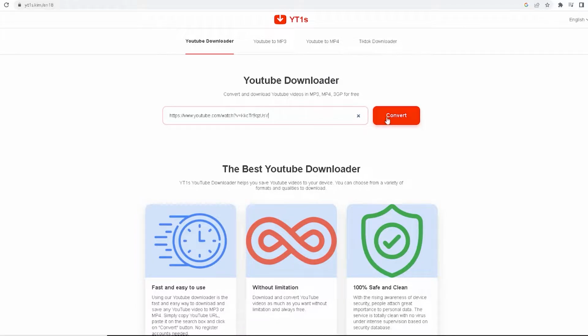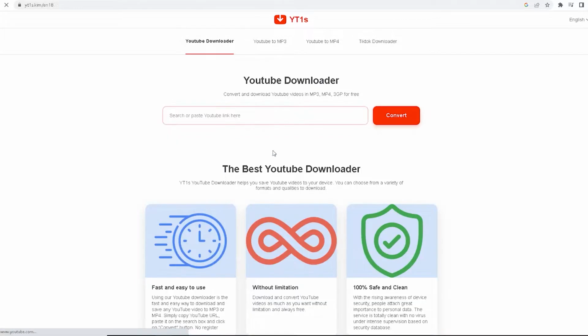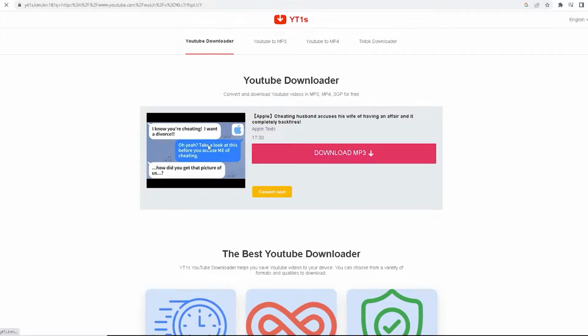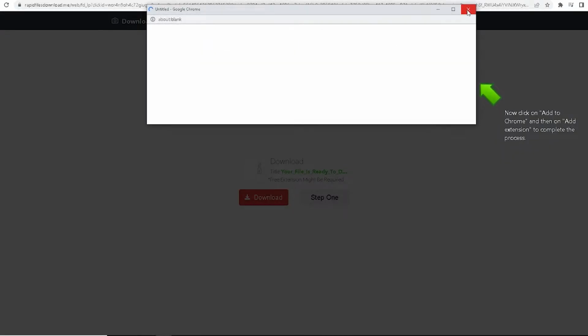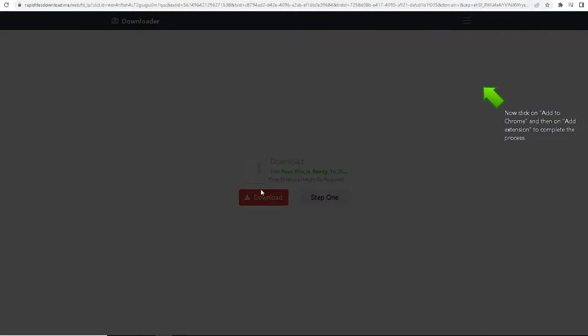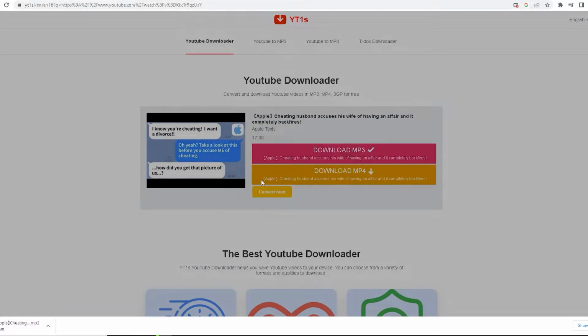Onto this. Okay, once that's, whoops, I didn't convert it. We'll just download MP3 because that's what we need. So we click download. Might be the wrong one. So click download MP3. And then it'll start downloading. Close that off now.